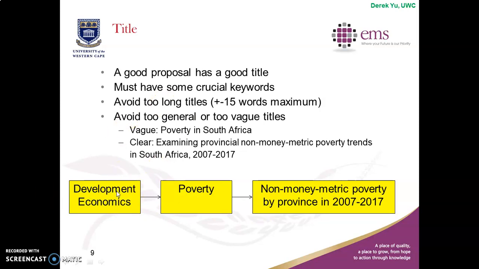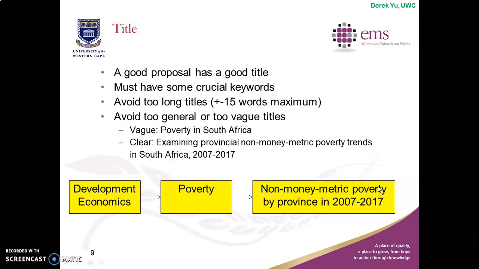I want to narrow the focus. So maybe initially you know that, oh, I'm interested in pursuing a research topic in development economics. But remember, for development economics, there are lots of sub-disciplines or sub-areas like inequality, poverty, migration, urban-rural dynamics, and so forth. So you narrow the focus, or under development economics, I want to look at poverty. But for poverty, there are 2 types of poverty, money metric poverty and non-money metric poverty. So you narrow the focus, you would conclude by saying, oh, I want to look at non-money metric poverty,